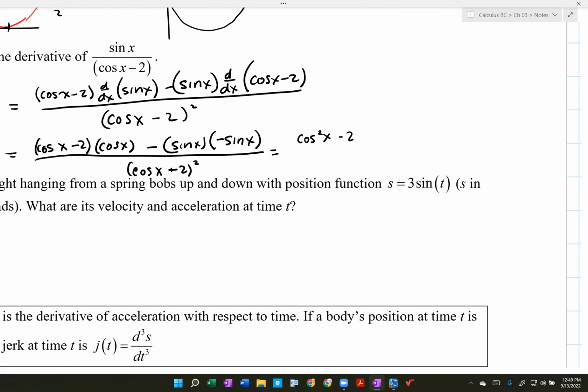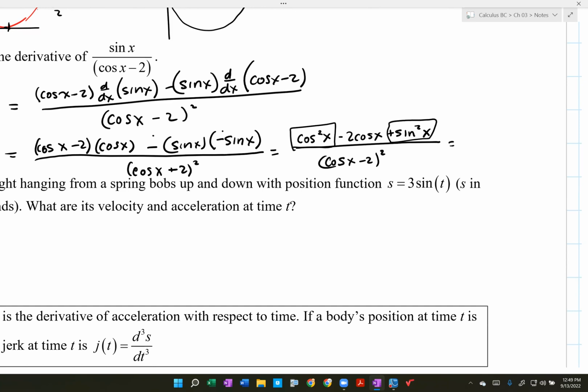Let's expand those first two terms: cosine squared minus 2 cosine. And then I have a minus sign and another minus sign, which nets out to a plus sign of sine squared. And then this is all over cosine of x minus 2 squared. Now, the reason why this is interesting is because we have a cosine squared plus sine squared,